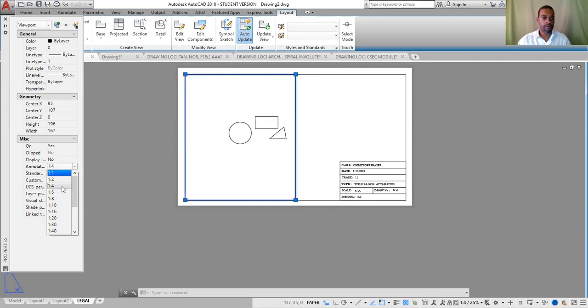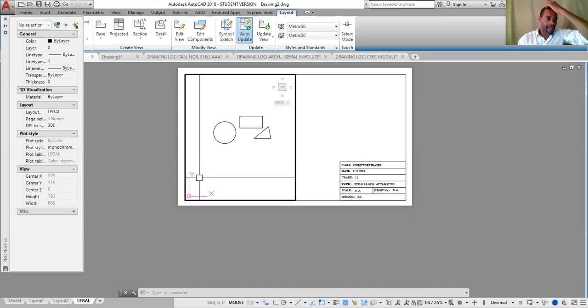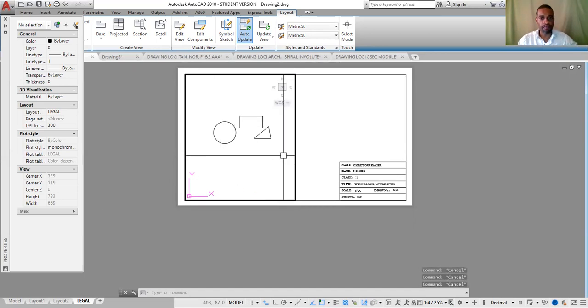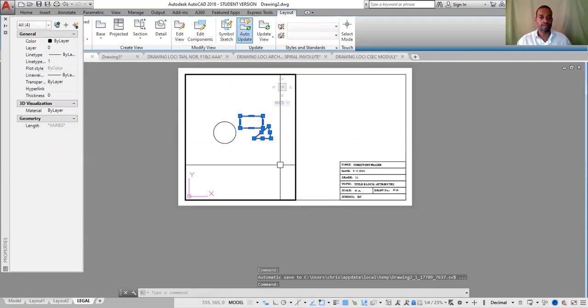So I click 1 to 4, and this drawing is now scaled at 1 to 4. I can click inside here, move, do not pan, and I could lock this viewport. So I could click here, click below here to lock this viewport. It means therefore that no matter how you zoom and pan, this will not